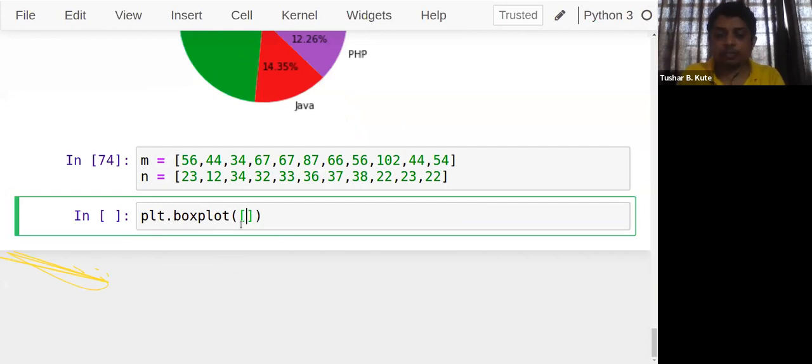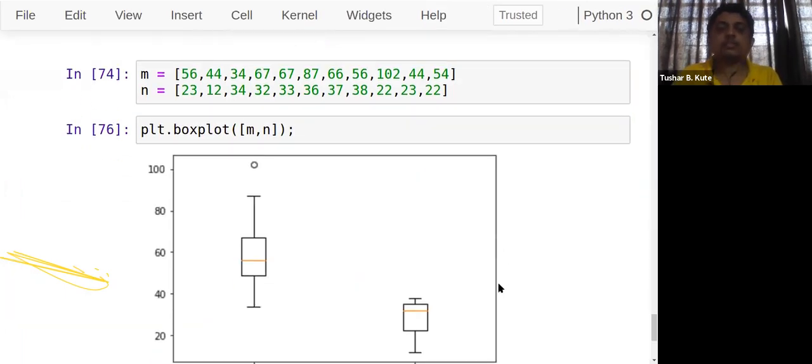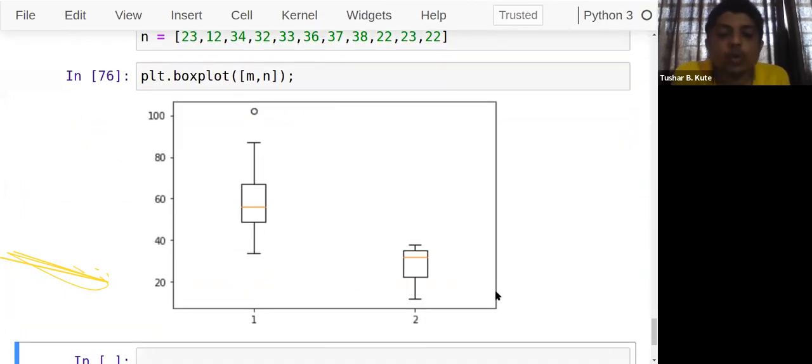I'm giving it in list format. See this, the first element is this and the second is this. These are the categories.